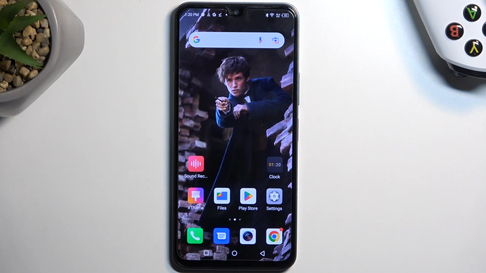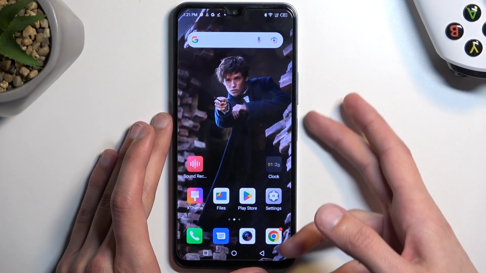So to get started, open up content that you wish to capture. I'll be using the home screen as an example for this, so it's already open and visible for me. But from there, once the content is open and visible on your screen, simply hold the power key and volume down